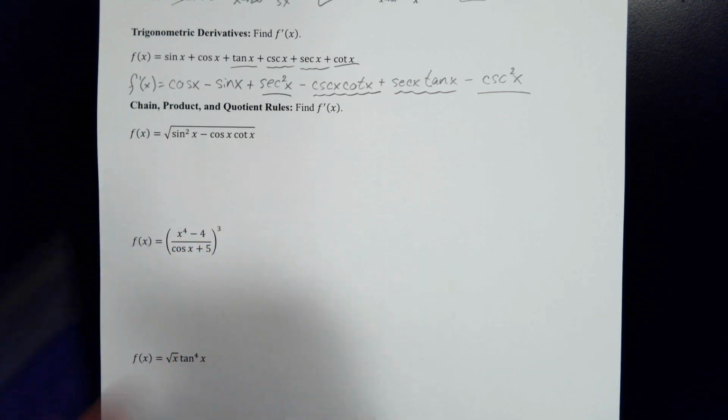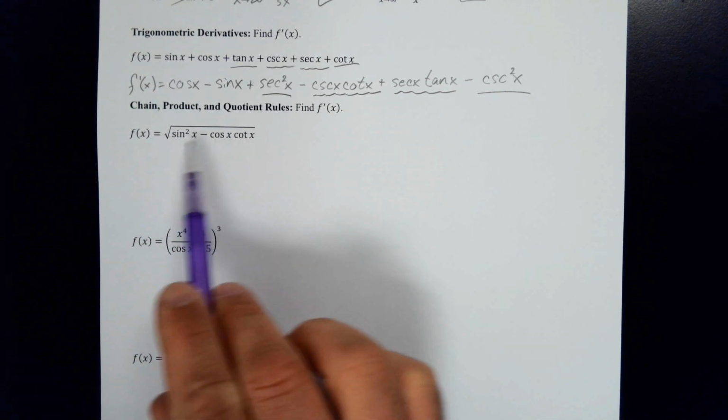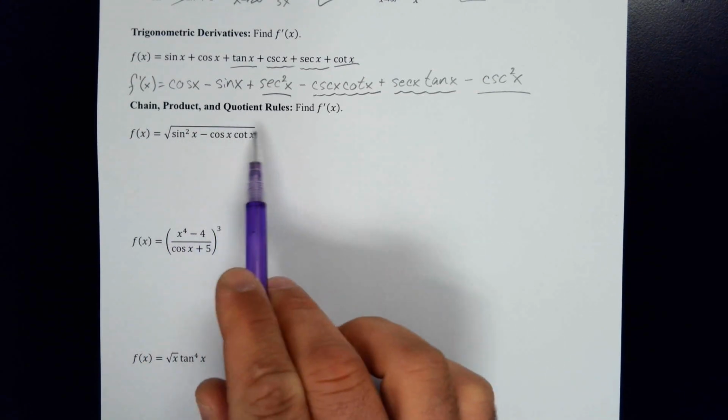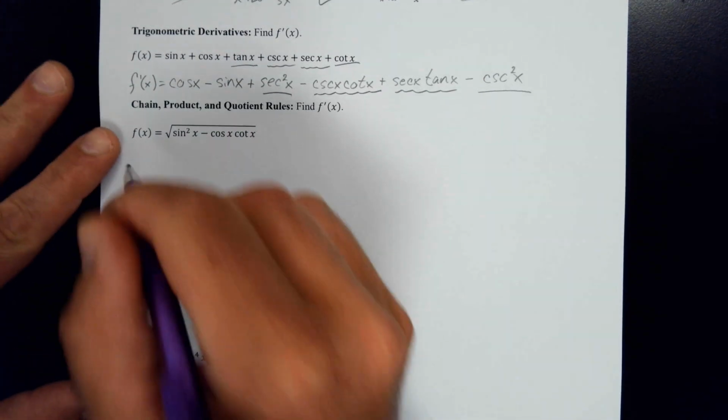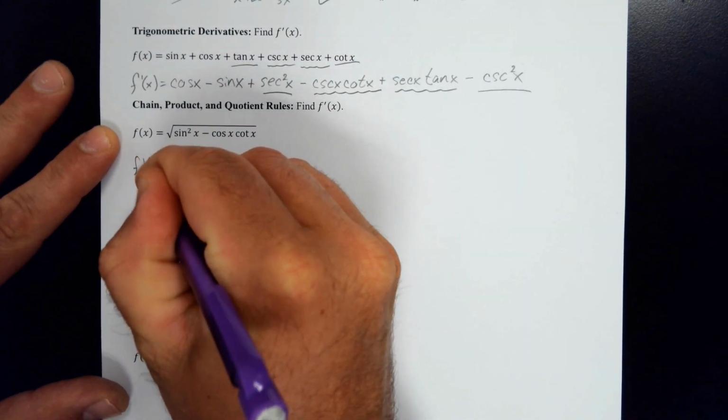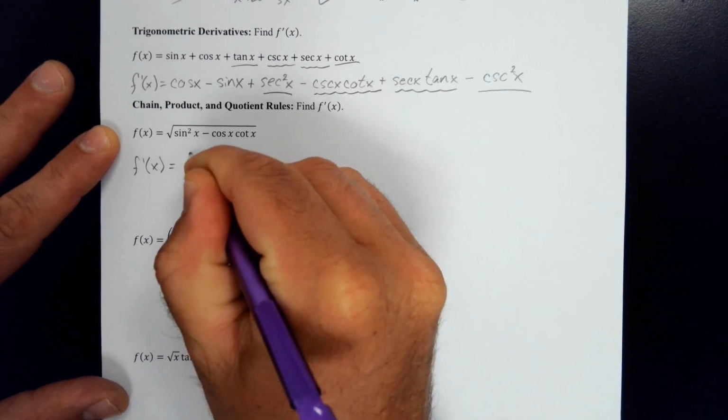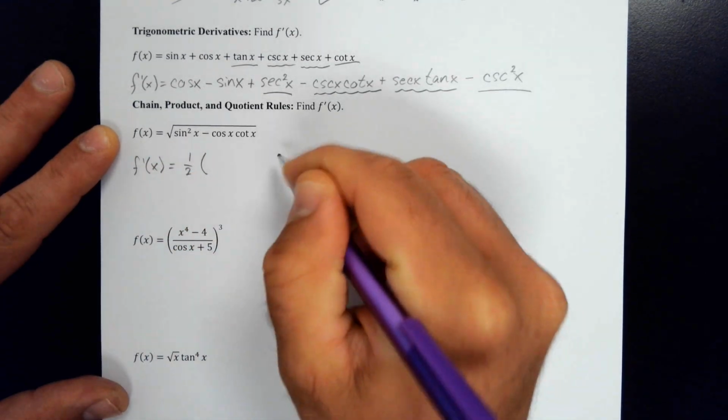For these three questions, we need to use the chain rule, the product rule, and the quotient rule. So let's see, for this first one, this is really something raised to the 1/2 power. Square root is the same as something raised to the 1/2 power. So when I take its derivative, I'm going to take that 1/2 down, and I'm going to leave that inside